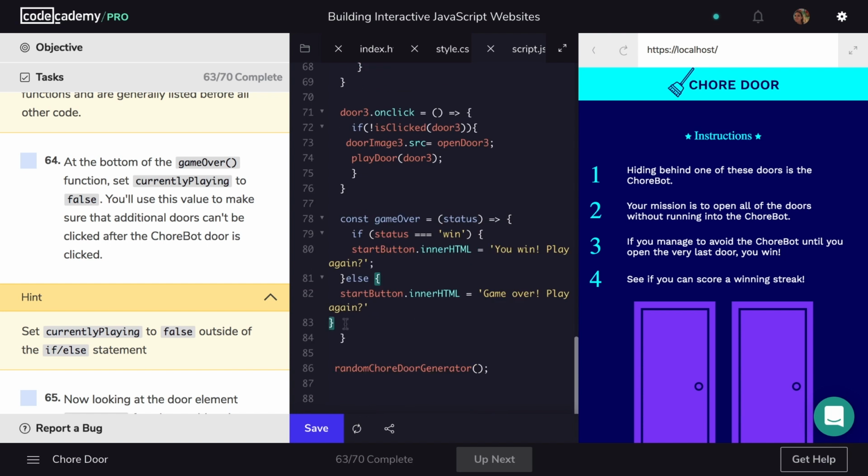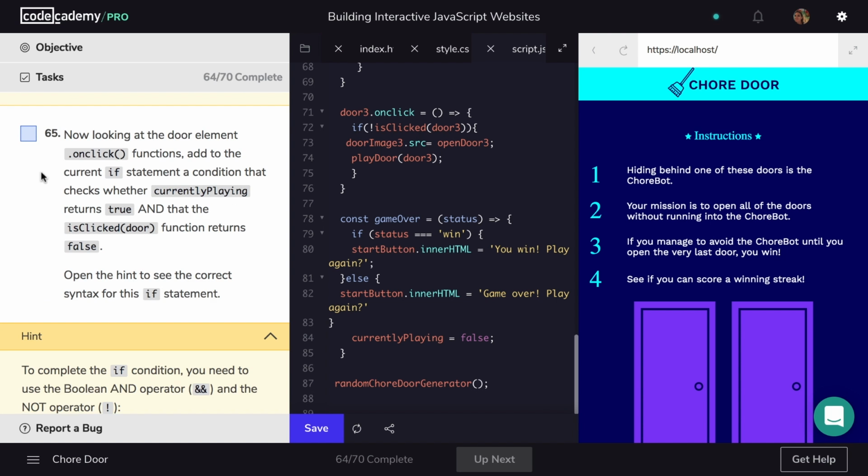Come after the closing bracket of our else statement, we hit return, and we type the following: currentlyPlaying equals false. Task 64 is complete. As we move on to task 65, we're looking at the door element onclick functions, and we want to